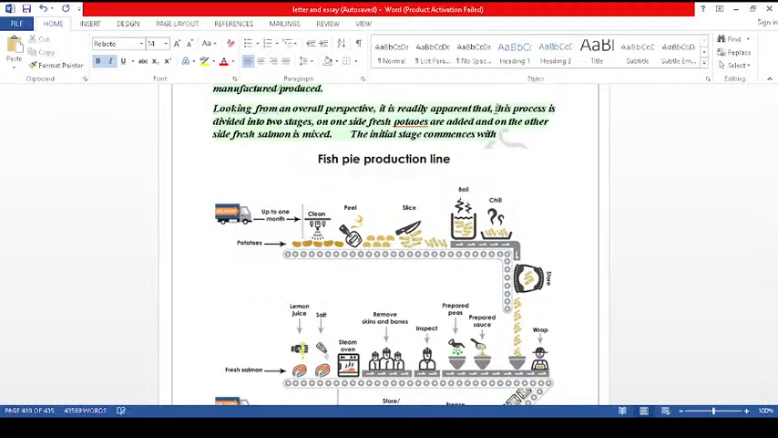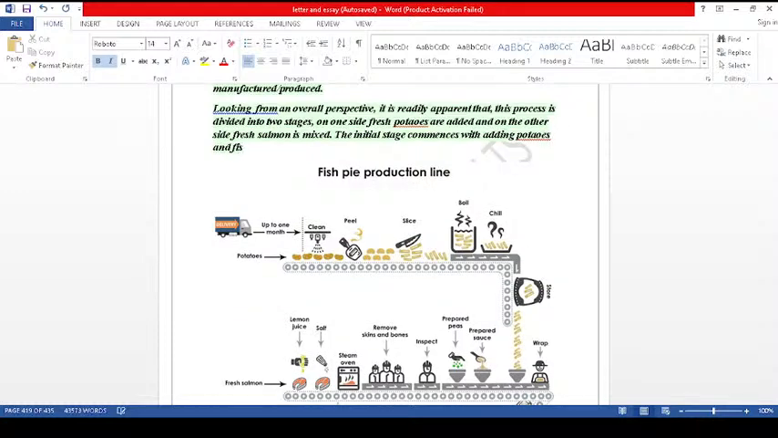I've just deducted some of the lines over here, you can just have a look. The initial stage commences with adding potatoes and fish, or you can say simple salmon, in different stages. Okay, the initial stage commences with adding potatoes and salmon in different stages,